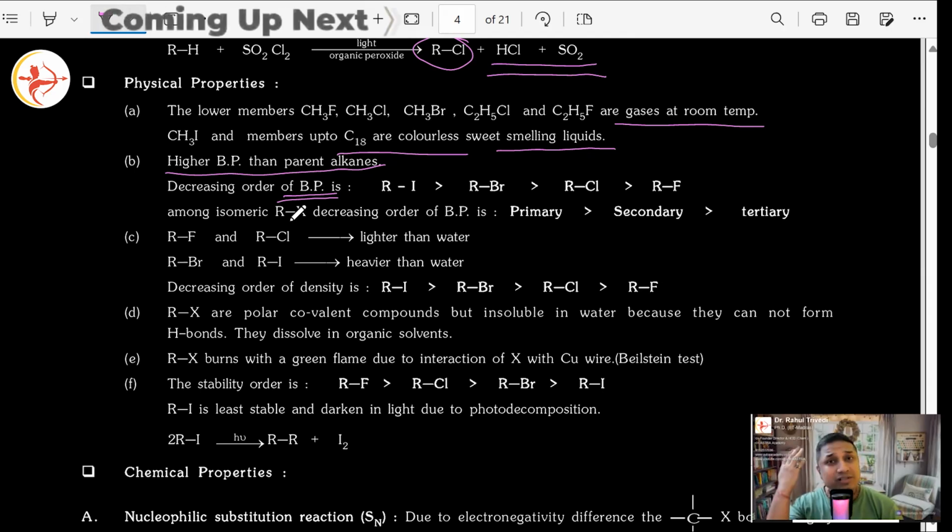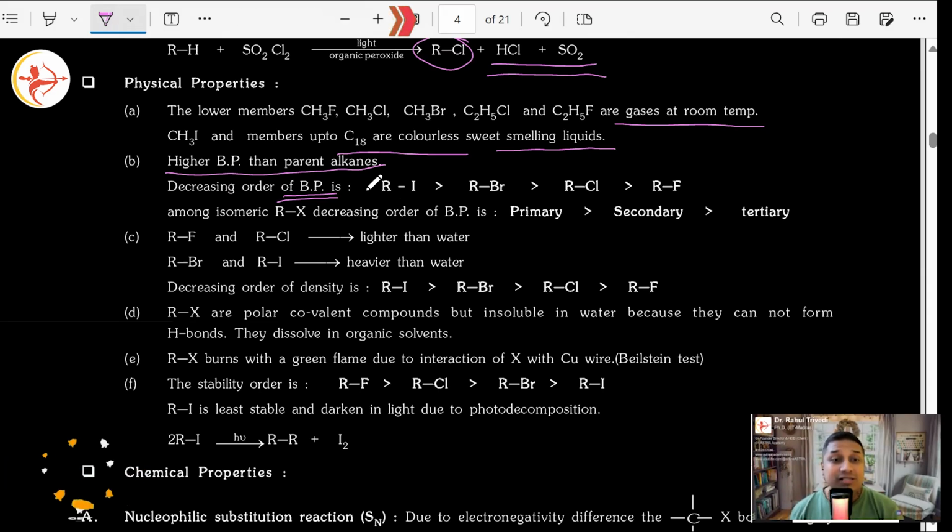Boiling points and all that you have studied in class 9th and 10th. But if you forget that, this is the type of mistake we will make in future. So that's where I always say that when it comes to organic chemistry, it's very important to go somewhere where a teacher can remind you about your past. Things which you have done in your earlier classes, at least in class 11th, those concepts which you have studied in class 10th, how they are playing a major role here. Otherwise we'll always get confused, because sometime back we studied that the R-I bond is weakest. Then why does this fellow have the highest boiling point? Isn't it a valid question?